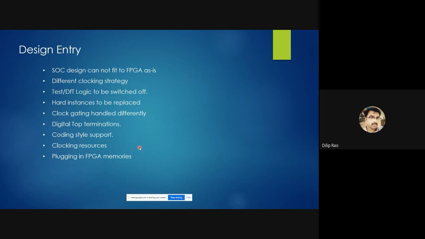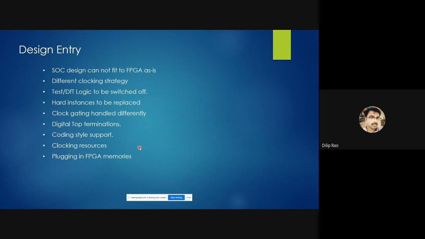So, the design entry stage. When you have a soft design that needs to be fitted into an FPGA, this is not going to be a click-button job. It's not a very smooth thing to do. You need to have the intelligence to make the necessary changes. Sometimes the changes will be very obvious, sometimes they will be subtle. So you need to make sure that you have taken care of every aspect. Only then can you fit an SoC design completely into an FPGA,